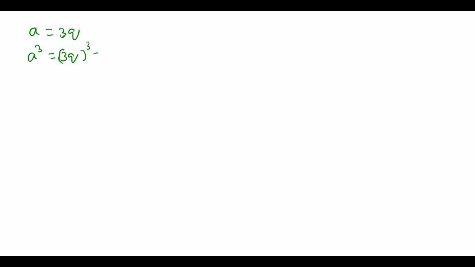That means 3 cube is 27 q cube. So how will we write this 27? That is 3 into 9 q cube, because 3 9s are 27, q cube is there here. So then we write here 3 into, instead of this 9 cube, that is m we can take, okay? 3m.